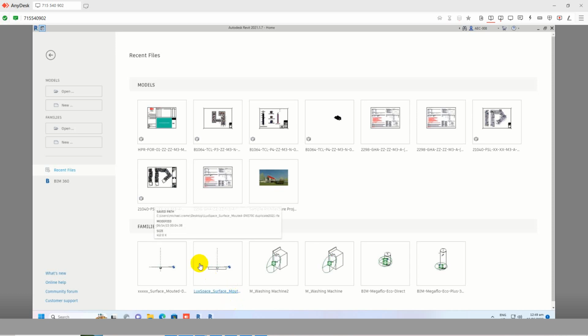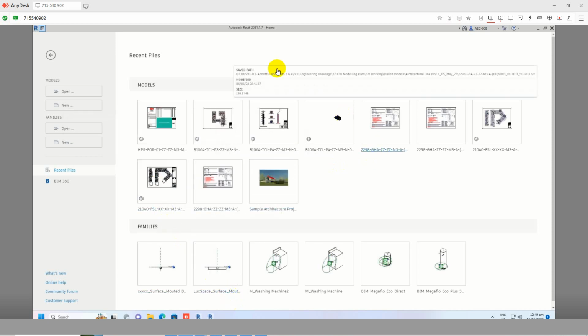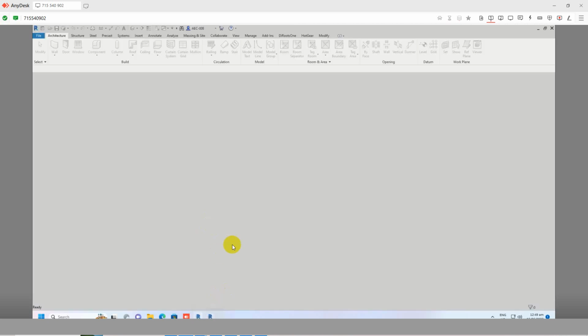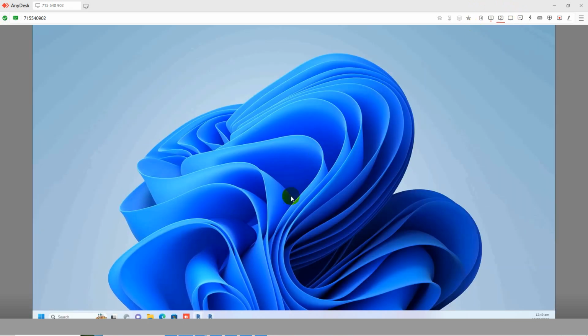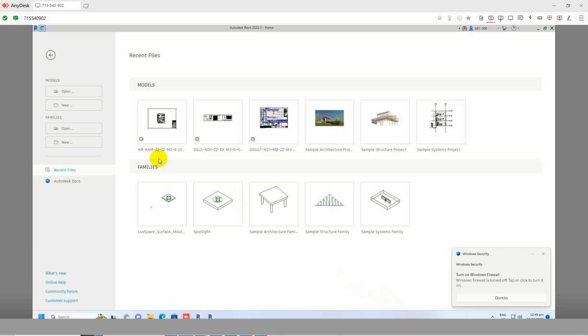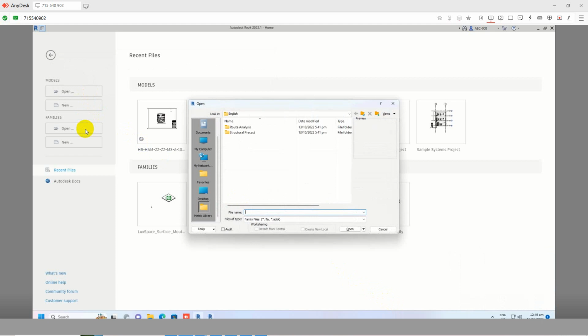So we need this family or this particular object for us to have the same model or family to be used all throughout the project. It's the same owner and client, but they are using a different version of Revit. So here we need to